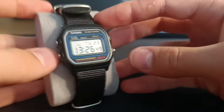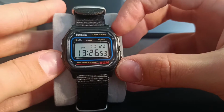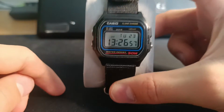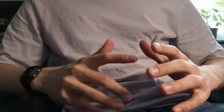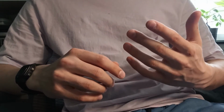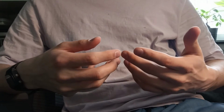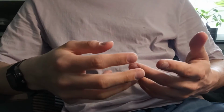This watch has an estimated battery life of 7 years. Very nice. Yeah, this is my number one pick for budget Casio. The next watch that I would recommend buying if you want something that's a little bit more classy and looks like a regular dressy watch that is not a digital watch, then I would recommend the Casio